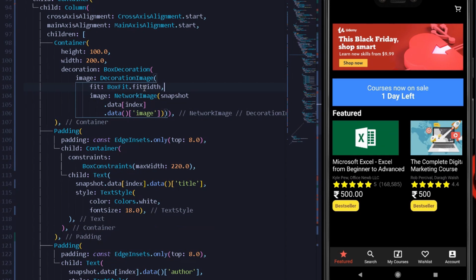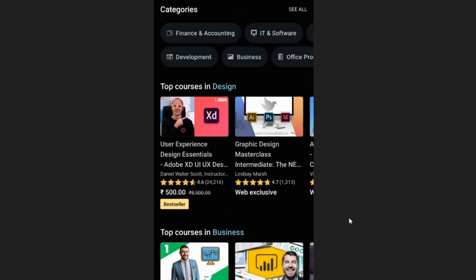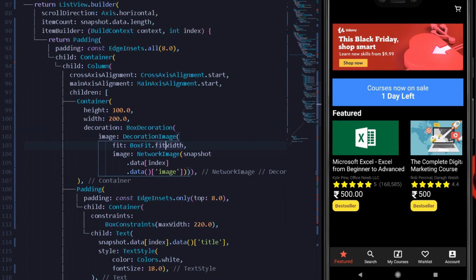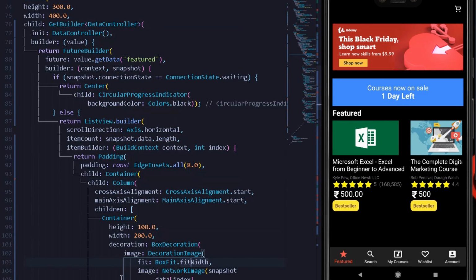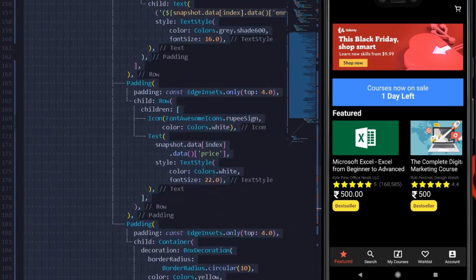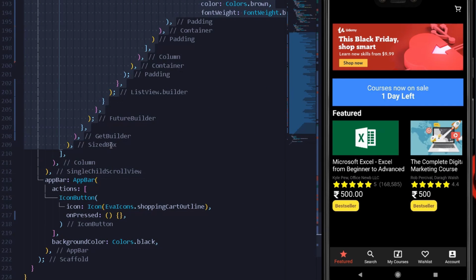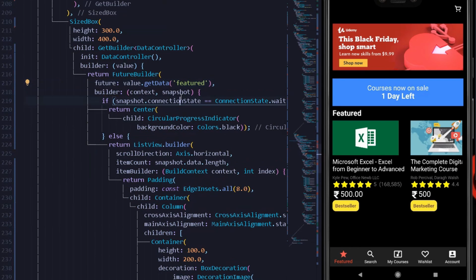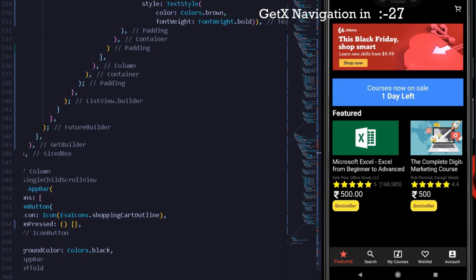So here we have done our entire thing of having our featured screen, and after that we will have one more thing about the categories, but the categories is all about the UI. So for today we will have one more thing which is nothing but the following top courses in development. So let's make it up. Alright, but we should save our time, so we will simply do one thing, that is copy the entire size box from here to downside. We have to do this because we need to save our time. So you can simply paste it here and simply refactor everything. Alright, so here I can simply give it a collection of top and also remove all the unnecessary things. You can press Ctrl and S one more time.